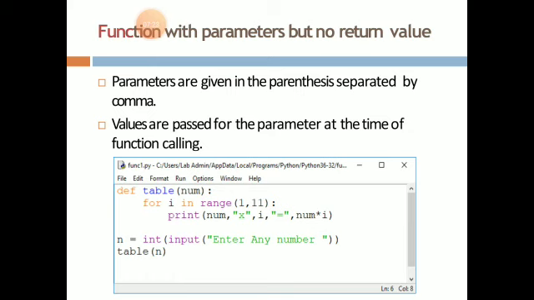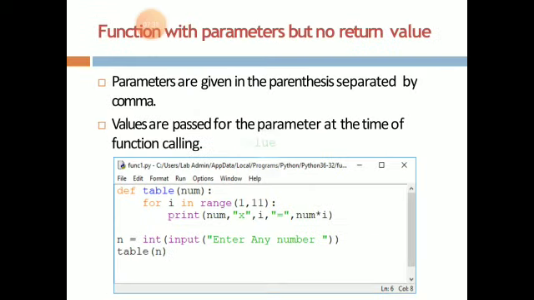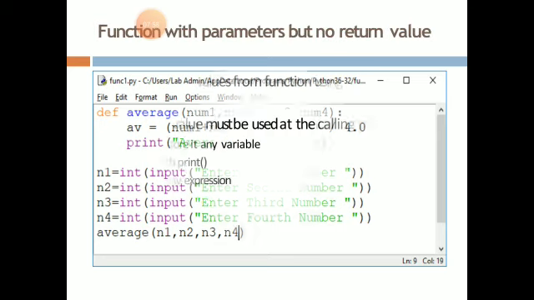So now you can see here this code. Again, second example you can see here. Here I have passed 4 arguments, num1, num2, num3 and num4, and the function I have made is named average. I have taken one variable and found the average of the variables and then printed it. For calling this function I required 4 numbers, so I have passed 4 values, n1, n2, n3, n4, and then if you call this function it will display the average of these 4 values.